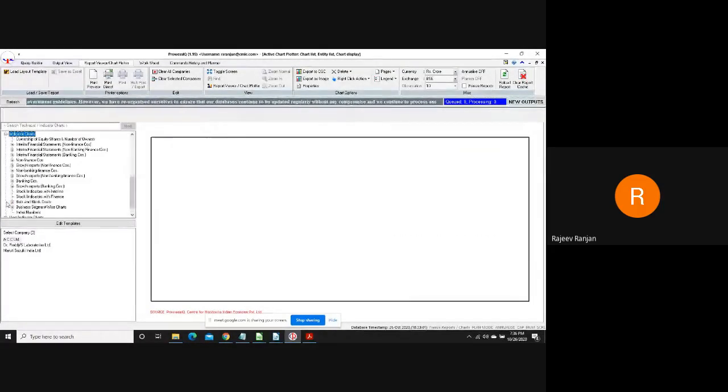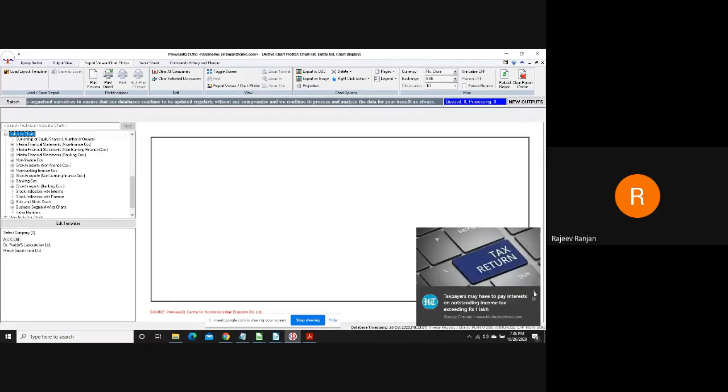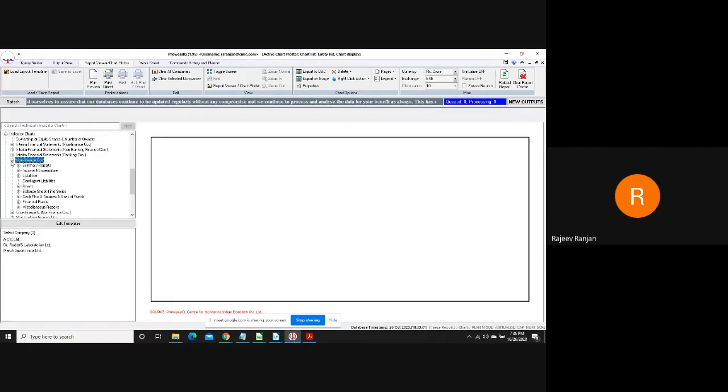There are indicator charts also. What it does is look at all the reports which were there in the report viewer, and it gives you the indicator to plot the chart here. Since the companies I have selected are non-financial companies, I'll select the non-financial company report, and the executive summary was the report which we referred to. So let us open the executive summary.